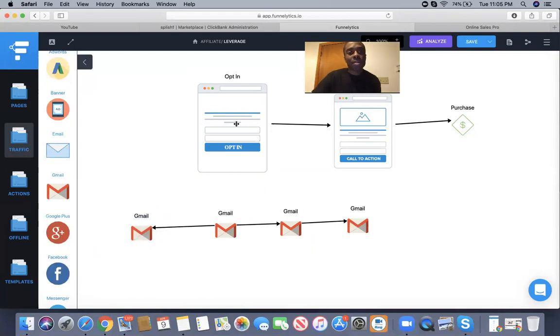So when somebody comes in and they put their name in the email, that email is going to be deposited in what we call the autoresponder. So it's going to come down here. It's going to come into one of these, and then they're going to see the video. If they do not buy on the initial sale, guess what? They're going to get an email once a day,